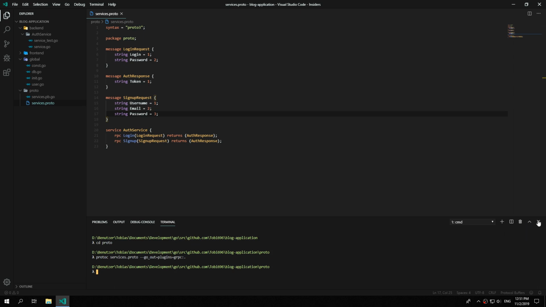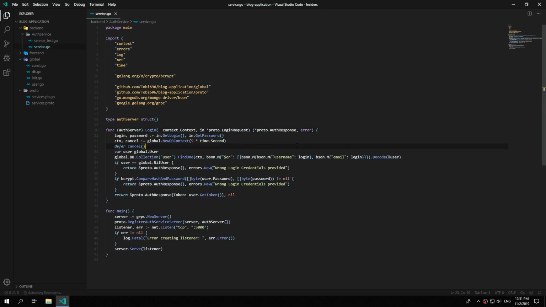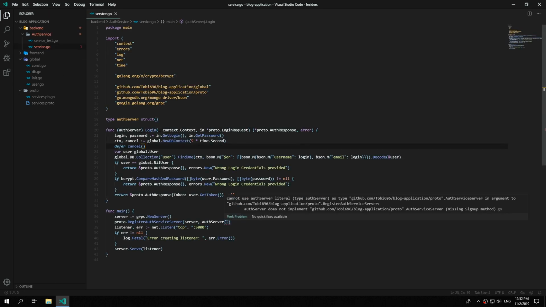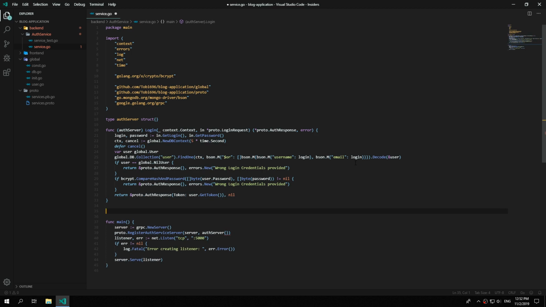Now we can close the terminal and the services.proto file and open up our service.go file. As you can see, we get an error because the signup method isn't defined yet. So let's define it. Under the login method, type func, and it belongs to the auth server. Its name is signup,